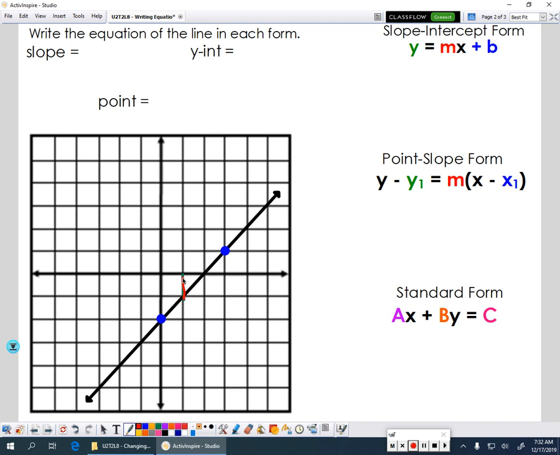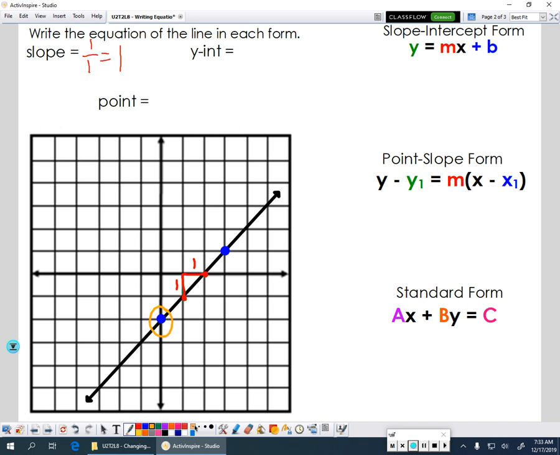So if I look from here to here, and these points aren't actually on my graph, but I can tell where I cross my grid lines here, I can see that I have a rise of 1 and a run of 1, which means the slope of this line is 1 over 1, or just 1. Now the next thing I want to look for is my y-intercept. Your y-intercept, the place where it crosses your y-axis, is right here, and that point on this graph is at